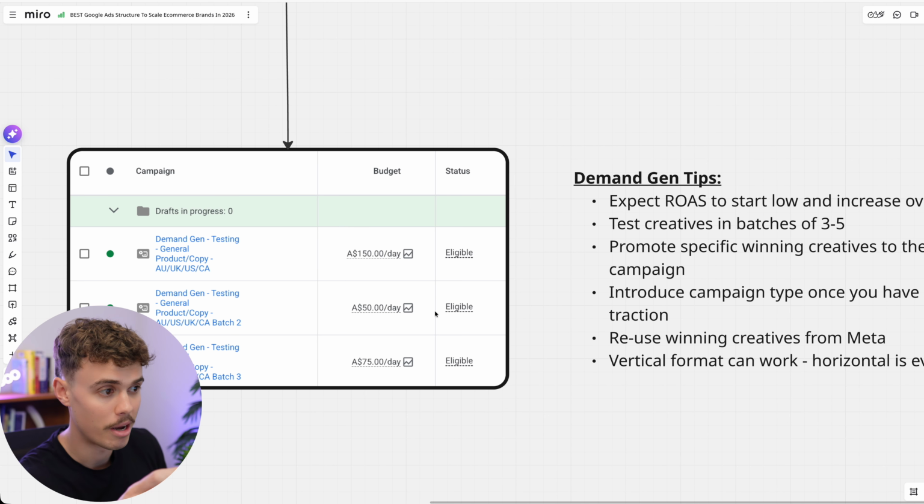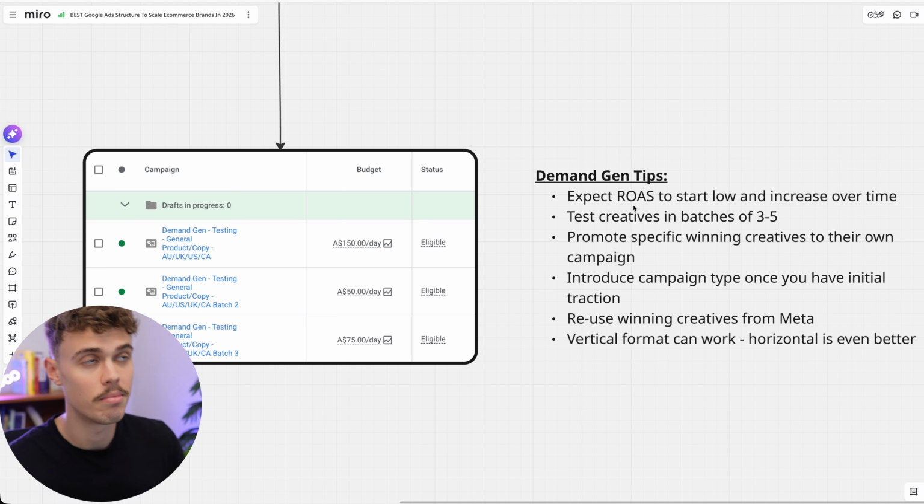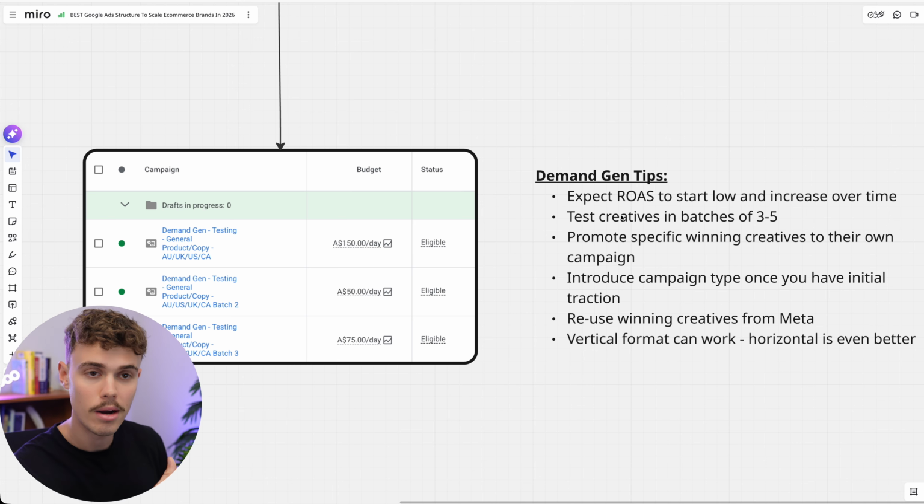So a few things to consider with demand gen. First of all, expect your ROAS to start low and increase over time. Demand gen takes some time to find the right customers and show your ads to the right people. In case you aren't familiar with demand gen, it's essentially, in the majority of cases, YouTube ads, right? So if you're already running video ads on Meta, you can take those video ads from Meta and just dump them into a demand gen campaign, and you'll probably get some performance from them. That may not be profitable from day one, but in this case,